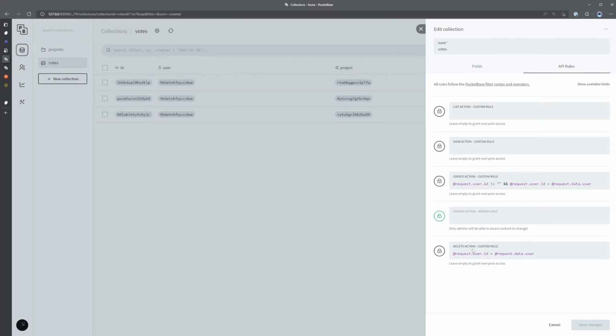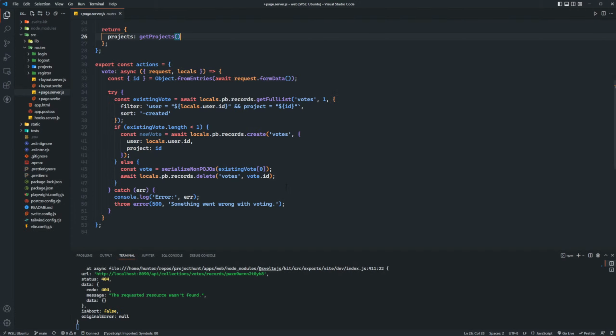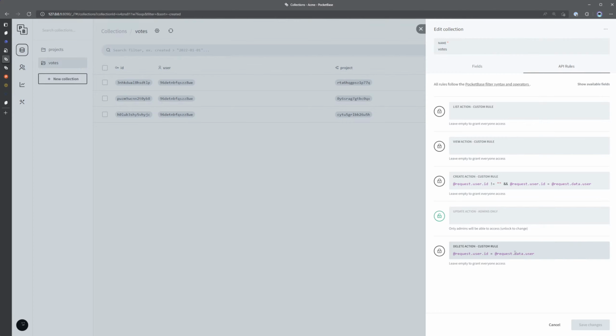So for the delete action, we actually aren't passing user in the delete action, right? We're only passing in, if we look here, we're only passing in the vote ID. Therefore, this doesn't exist. So it's going to obviously be, I think, a 404. I'm not sure if that would generate a 404 though or not, unless it's just not showing a resource because that user doesn't have permission. So